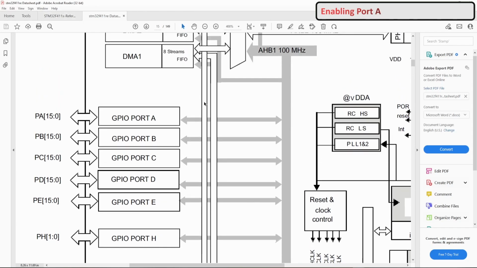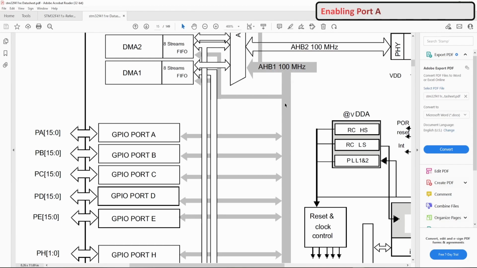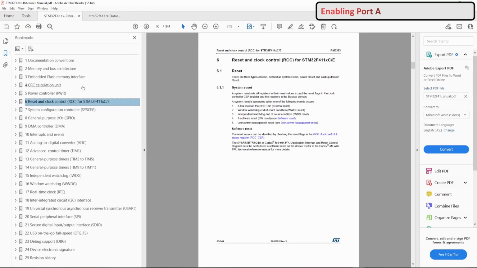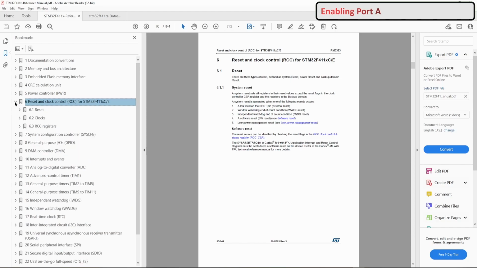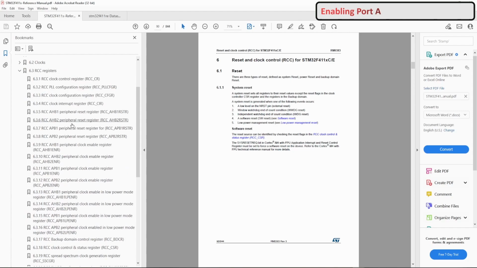So we need to go for the AHB1 and say to AHB1, you can open the road to the port A here and make it usable. We go here and we need to go for the reset and clock control. And based on that, we go to the RCC registers, and quickly, if we go through all those registers, we